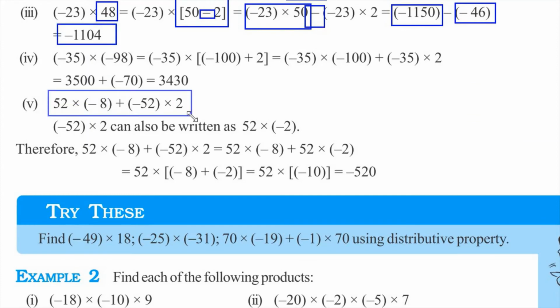The last example is particularly interesting because instead of us applying this property in the forward manner, we apply it in the reverse manner, where from the distributed form of it, we go back to the product and then sum form of it. So how do we do this is, observe here you have 52 and minus 52. So instead of us writing down the second part of this as minus 52 into plus 2, we can also write it down as 52 into minus 2.